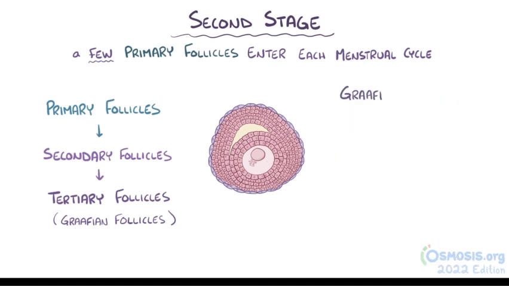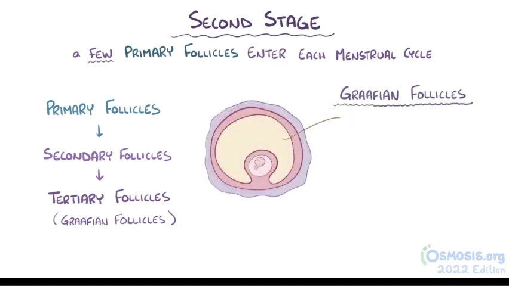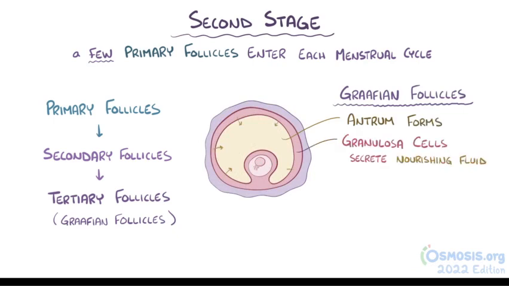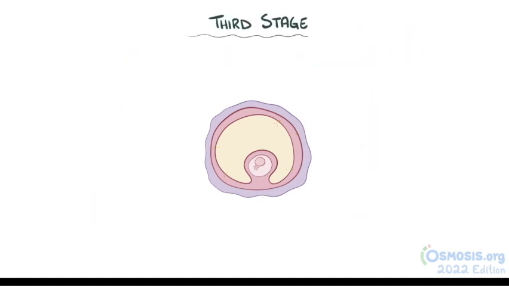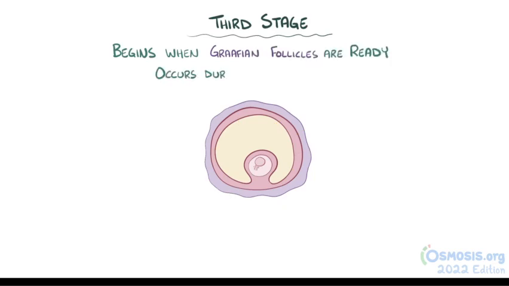In a Graafian follicle, a central cavity called the antrum forms within the follicle, and the granulosa cells secrete a nourishing fluid for the primary oocyte directly into that antrum. The second stage takes roughly 70 to 85 days and results in a few fast-growing Graafian follicles. The third stage of follicular development starts when the Graafian follicles are ready and occurs during the follicular phase of